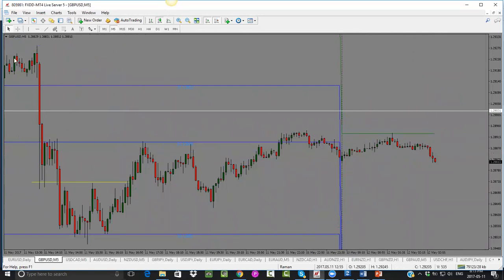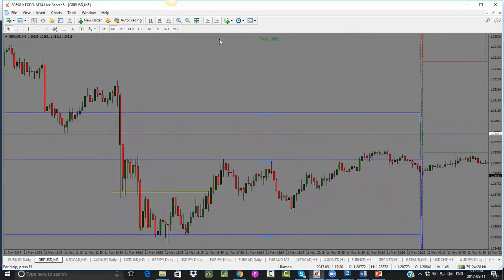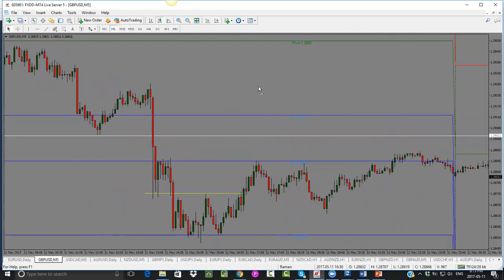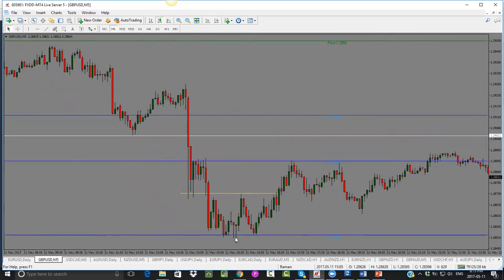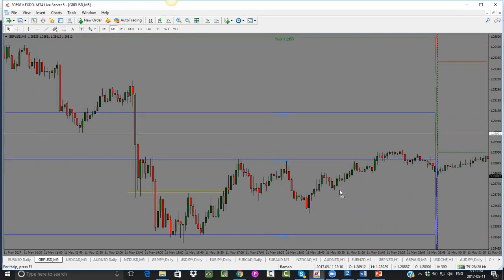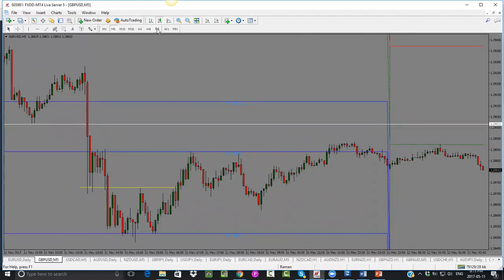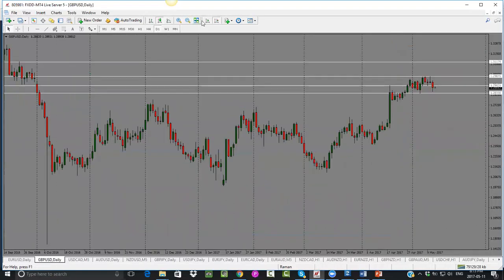Pound here. Pound had a big drop today. This is what happened with the Bank of England. And then it came into our S3 level, and did a double bottom there and has since just traded sideways, hasn't really done much. So based on our daily here, this is bearish, and we would be looking for another